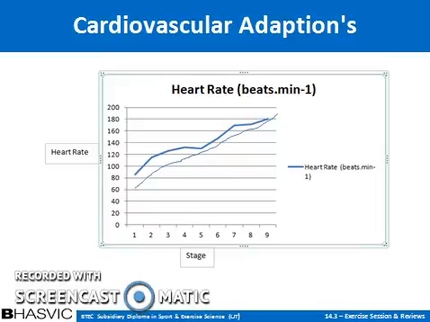Capillarization allows an athlete to increase their amount of capillary beds to working muscles. This is from an athlete taking part in aerobic exercise. The increase in capillary beds will mean more blood can be pumped to working muscles. Capillarization allows working muscles to be supplied with more oxygen. It also helps to remove the buildup of waste products. This allows us to exercise for longer periods as the waste products are being removed and oxygen is being delivered,